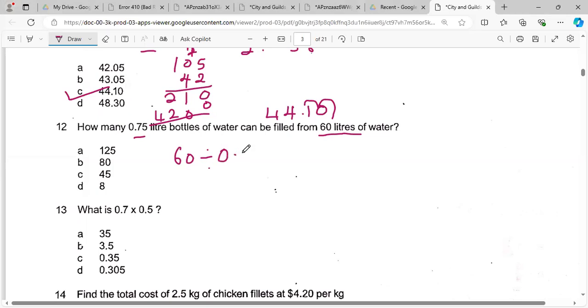But we know that once we divide by a decimal, we have to change the decimal to a whole number. And whatever we do to the divisor, we have to do the same to the dividend. So we move 2 times, and we do the same thing for this. So 1, 2. So now we have 6,000